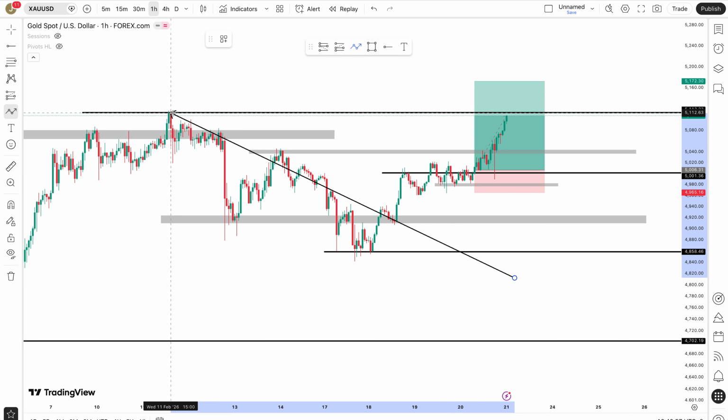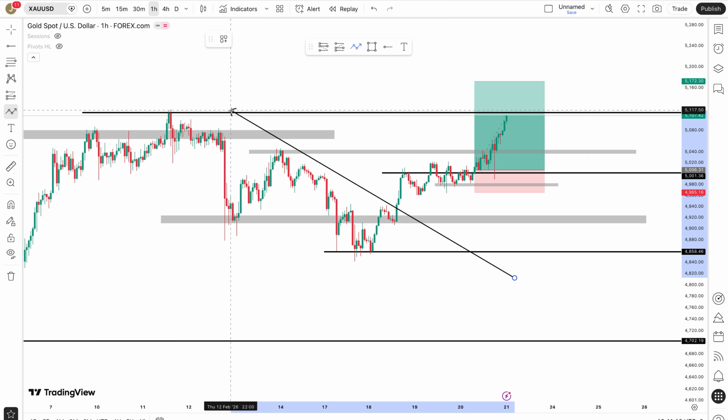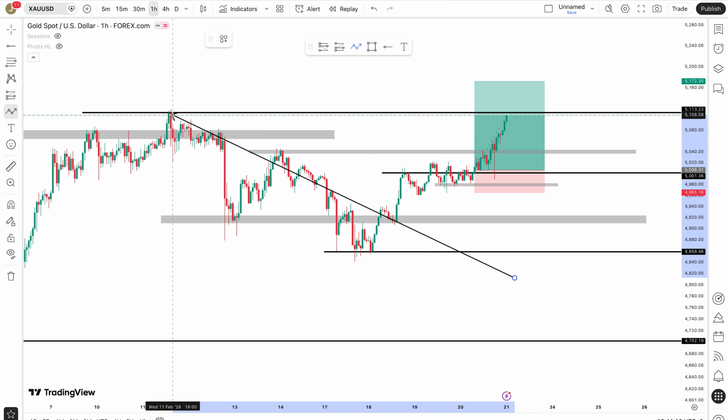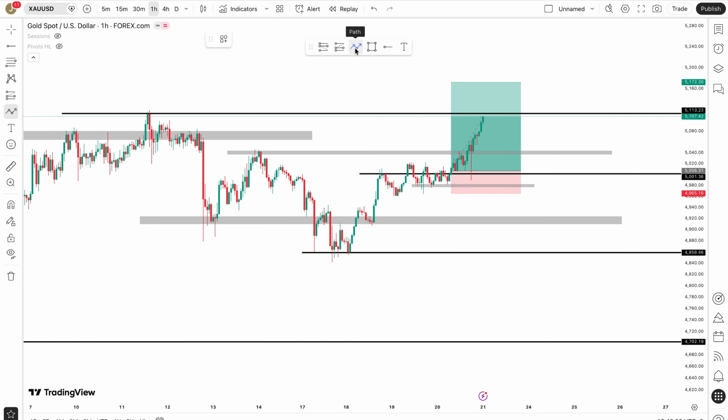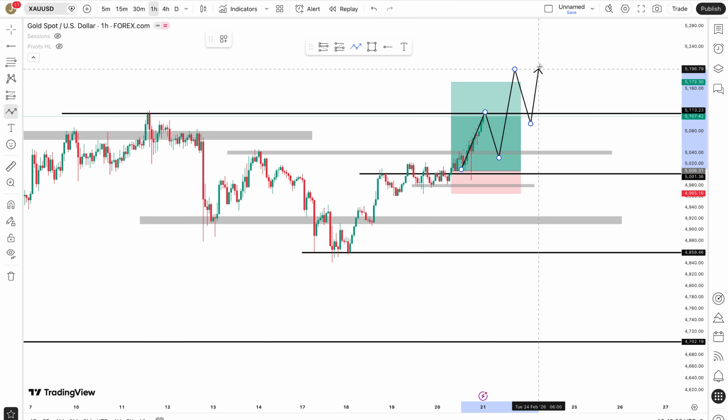What I am anticipating for next week is price to get to this zone because this is another level of sellers, right? And once it gets here, price might have some selling reaction. So what I'm going to be looking for next week is if price comes up here, gets some selling momentum, sells off, but creates a higher low, as long as it hasn't broken this previous low. If it ends up making a higher low right here and then going back up, I'm going to be anticipating price to break this zone and then go back up and do something like this.